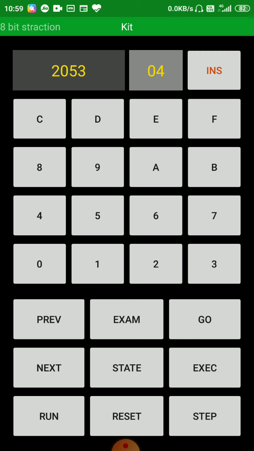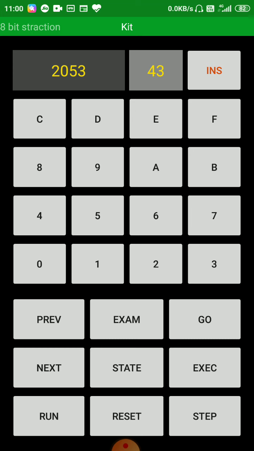So the total number of instructions in 8085 is 256, but for programming use, for external programmer use, almost 245 instructions are available. I'm sorry, you can only use 245 instructions out of 256.